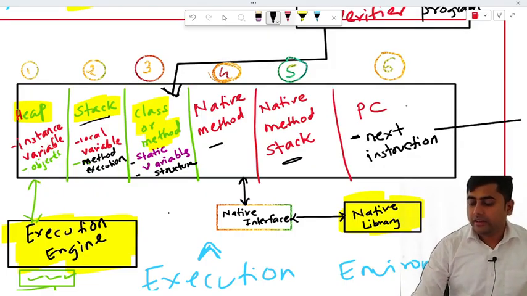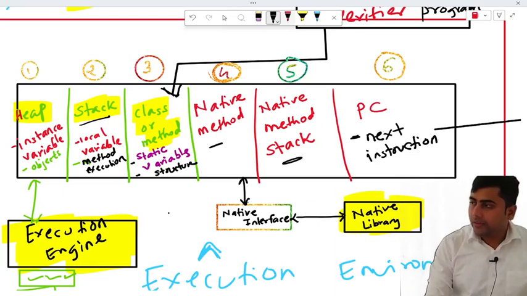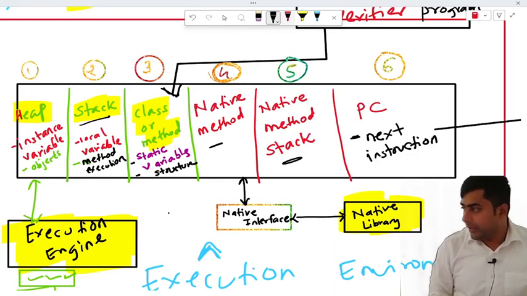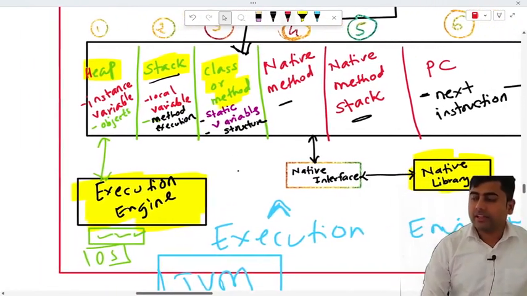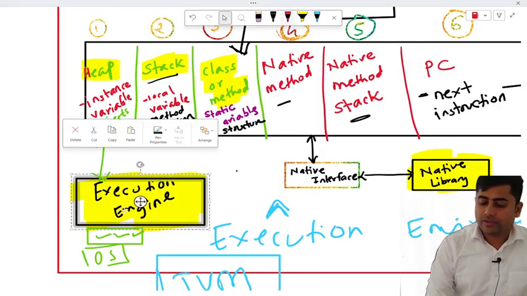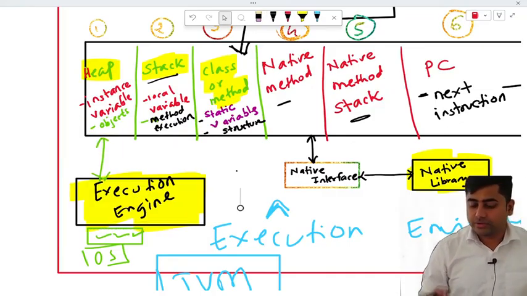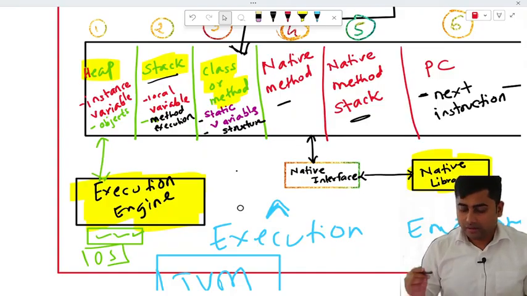Then PC, this particular memory area stores what is the next instruction to be executed. उसका डिटेल्स कहाँ पर मिलेगा हमको, और जो नॉन जावा कोड है नेटिव कोड उसे कहाँ पर स्टोर किया जाता है? नेटिव लाइब्रेरी. जैसे आपका डॉट जावा फाइल्स होता है वैसे नेटिव लाइब्रेरी में आपका नॉन जावा कोड होगा, and then that code will be loaded in the memory with the help of native interface. And once everything is loaded in the memory, non-Java code components, Java code components, then there is a part of execution engine. What it is going to do? It is going to finally convert the code into zeros and ones, and that zeros and ones will be executed on the